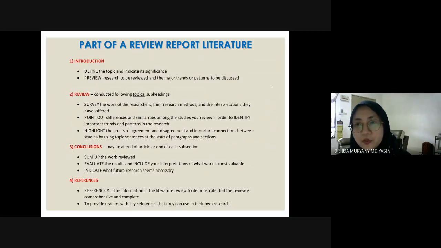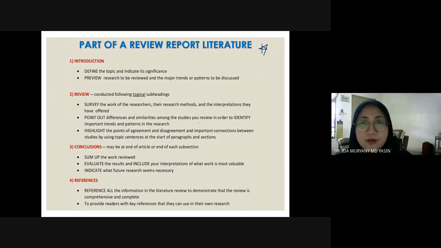Okay, this is a very important part in the review report literature class. Ini yang you kena ada dalam you punya paper nanti. You punya thesis FSG661 atau 671. So I will put star for this slide. Okay, kelas